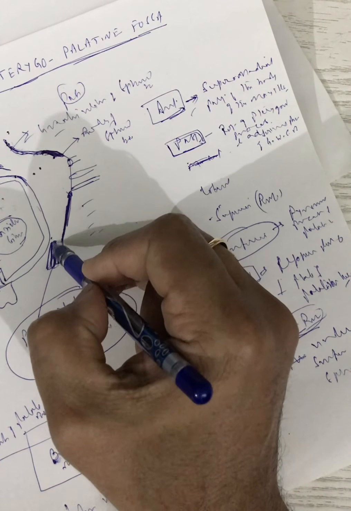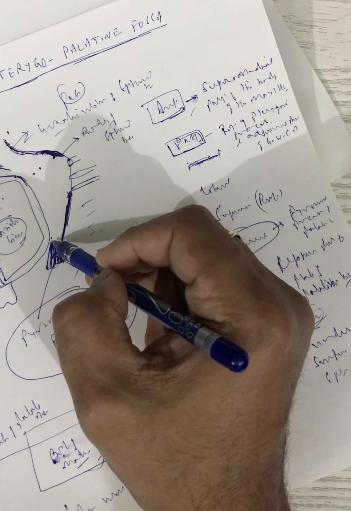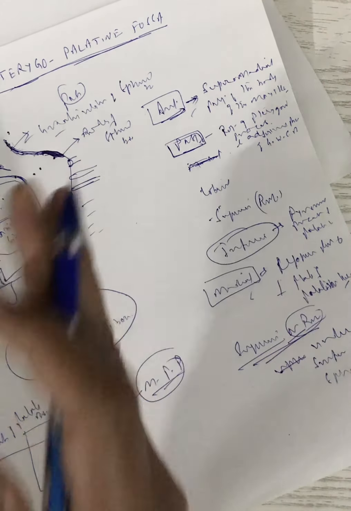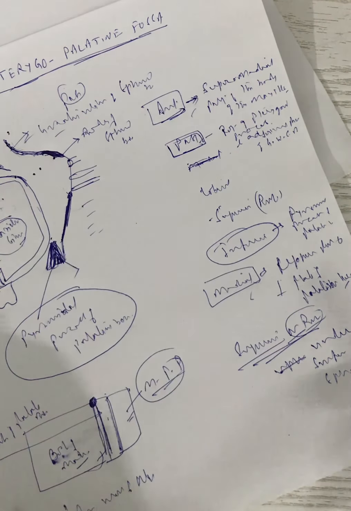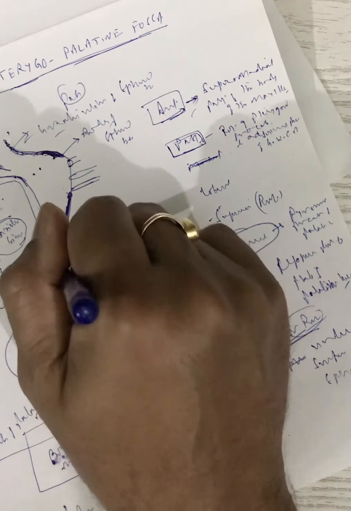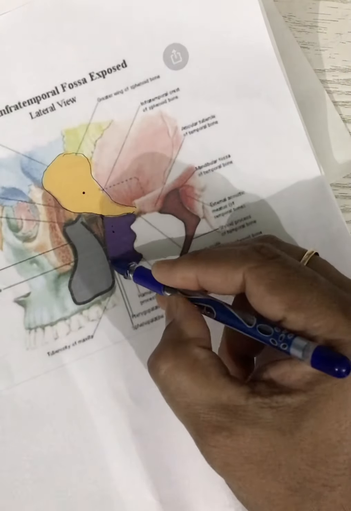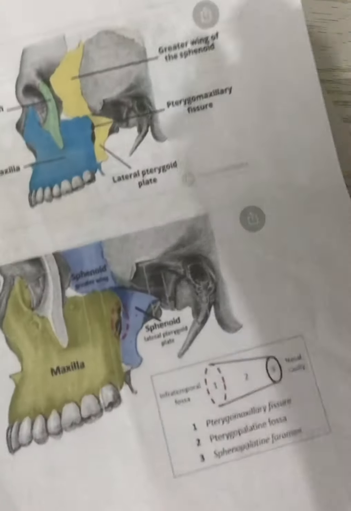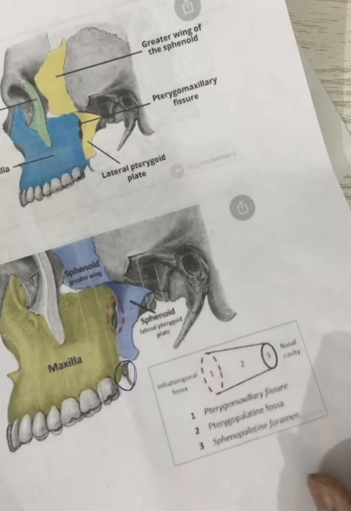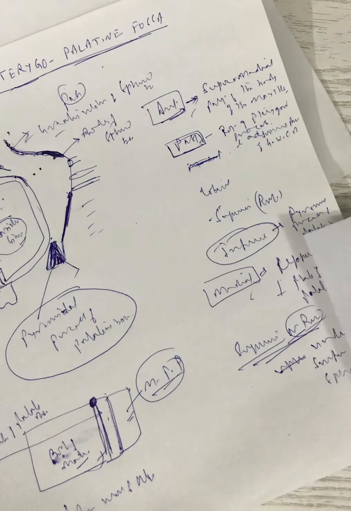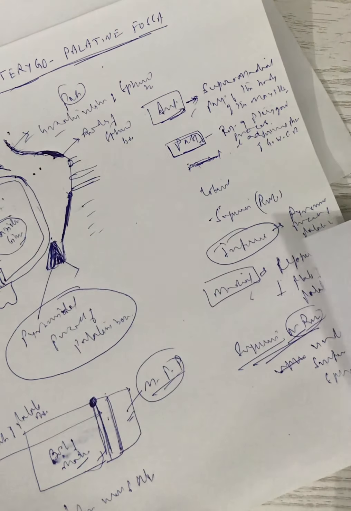In living bone, it is very difficult to find this bone because this is a very thin plate of bone. It's not like this much of thickness. But this bone, which comes to lie in between the two bones, is the pyramidal process of palatine bone, which actually forms the inferior most boundary. Here you can also see that it is very difficult to locate this bone. Here we have got the pyramidal process of the palatine bone. So this bone forms the inferior boundary.